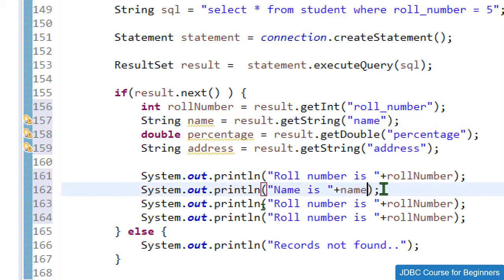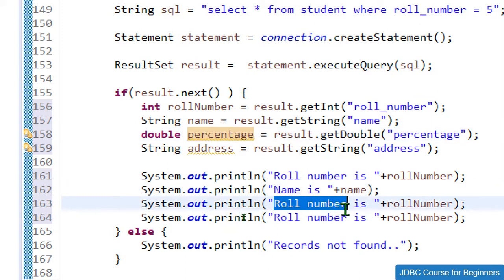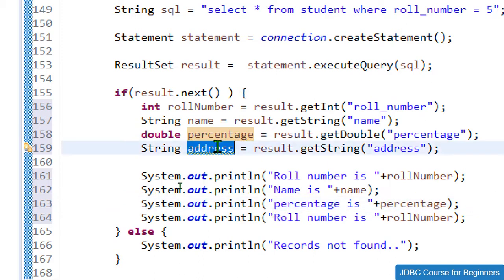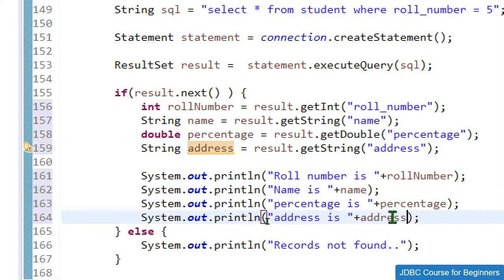So let me copy these, paste it over here, then copy this percentage as well. So percentage is percentage, and then address is address, like this. And let me now save this one.